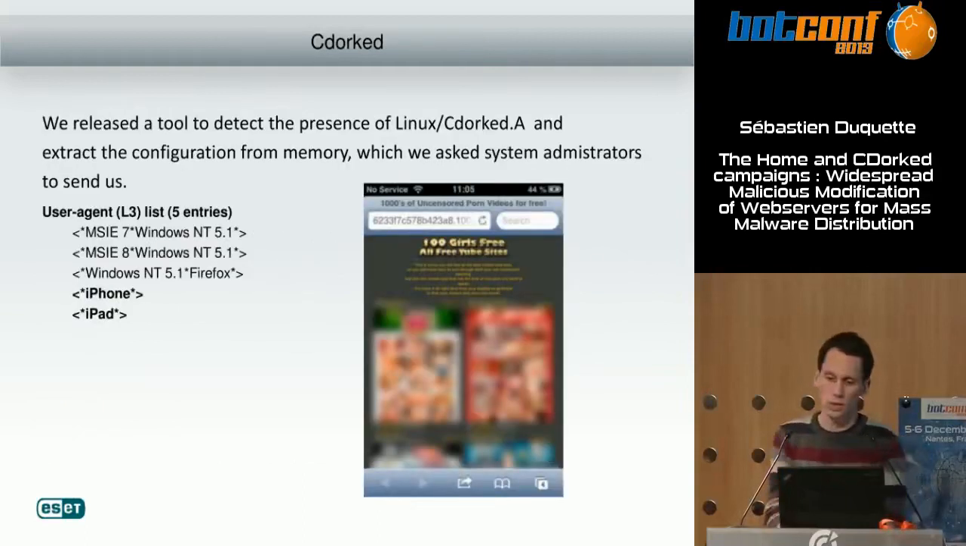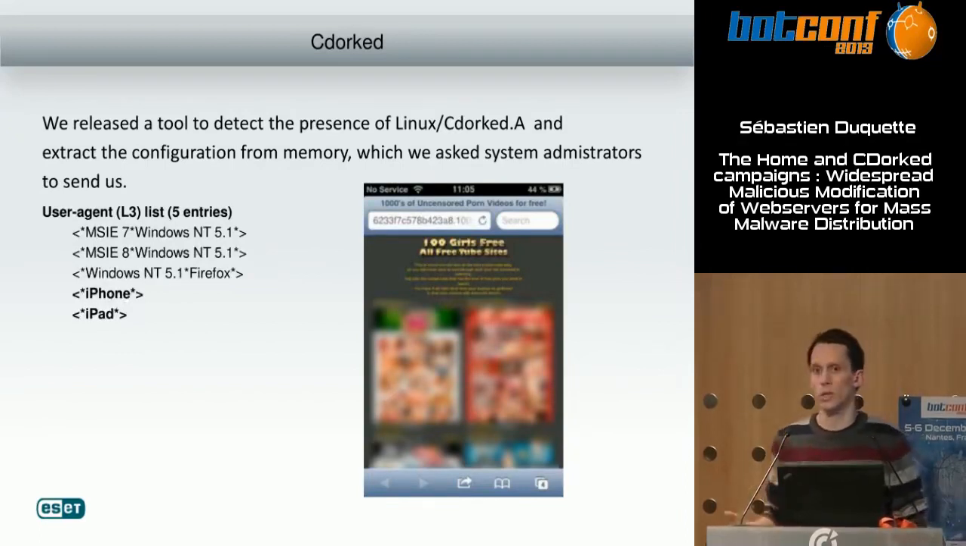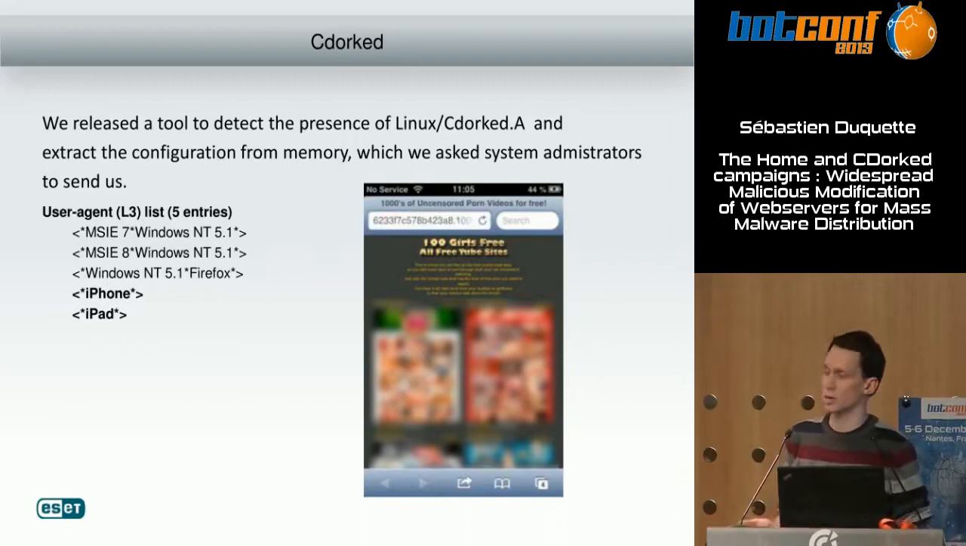Since we did not have access to the configuration by analyzing the sample, we released a little tool to detect the presence of CDorked on the server and also extract the configuration from the memory. We made a blog post and asked system administrators to send us the configs if their servers happened to be infected. And we actually got back a couple. So we had a look at the